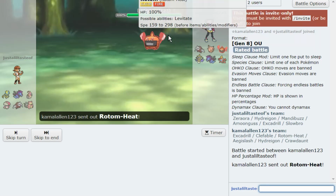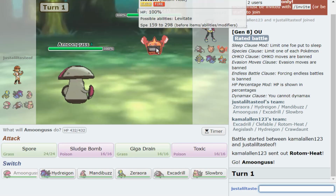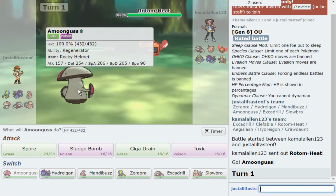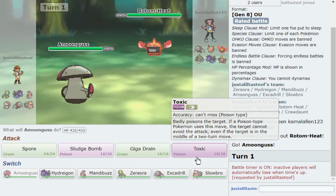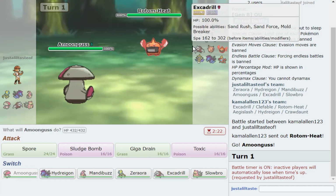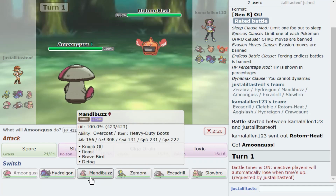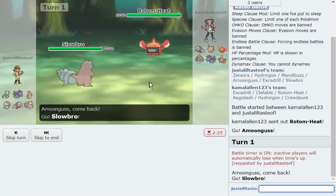AMOONGUSS just gives me a fairly easy Spore. I would even think I can live this Overheat and take it, but I guess since I'm on lower ladder, they could be something like Specs, so I shouldn't necessarily risk this. So I'm going to make the Slowbro play just because it's kind of useless in this game. It loses to most of their Pokemon besides Excadrill, and I have Zeraora, AMOONGUSS, HYDREIGON, MANDIBUZZ, all that to deal with it. So if they go for like a Specs Overheat,